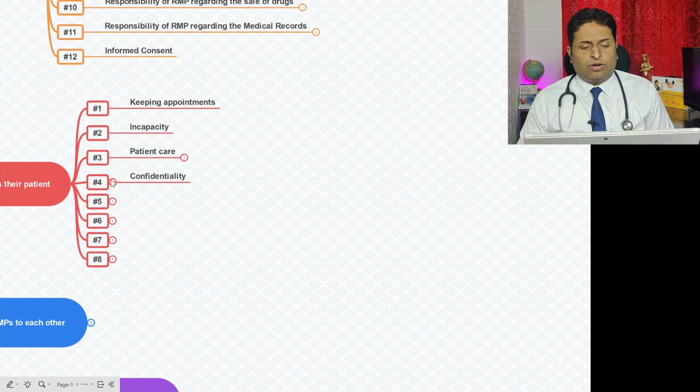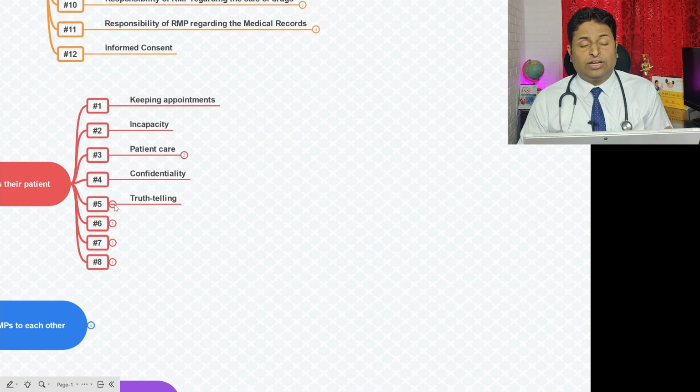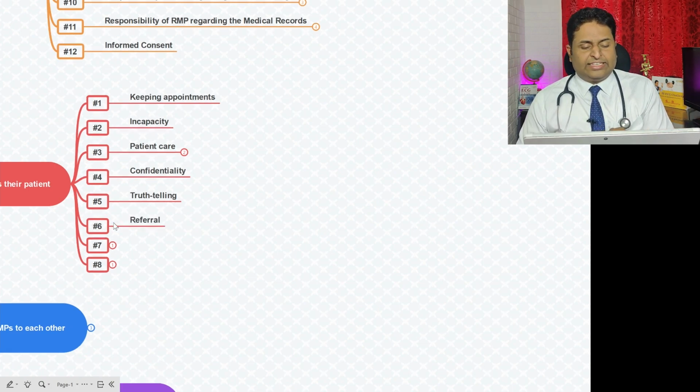And then you have confidentiality, which has to be maintained for the patients and all the content, even after death of the patient. Also, truth telling: you need to tell straight what's happening with the medical condition, neither exaggerating nor putting it down. Next is referral.